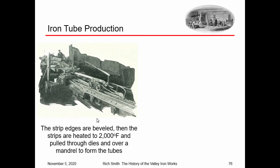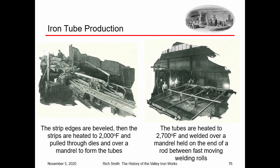The strip edges are beveled, and then the strips are heated to 2,000 degrees Fahrenheit and pulled through a die and over a mandrel to form a cylindrical shape of the tube. Then the tubes are heated up to 2,700 degrees, which is called a welding heat, and welded over a mandrel